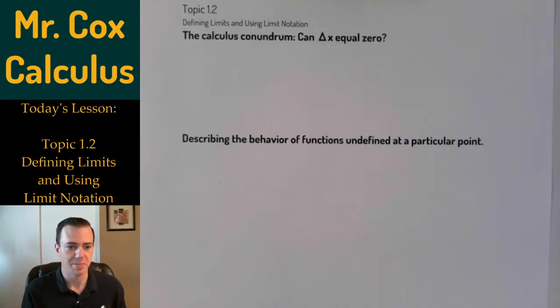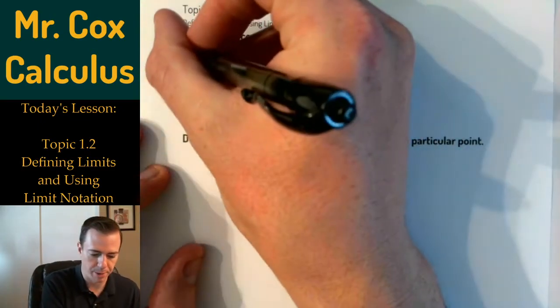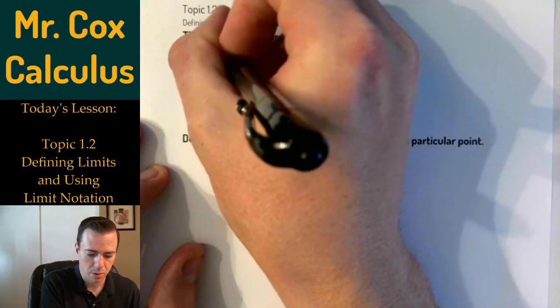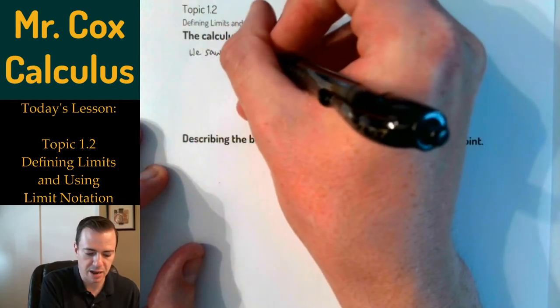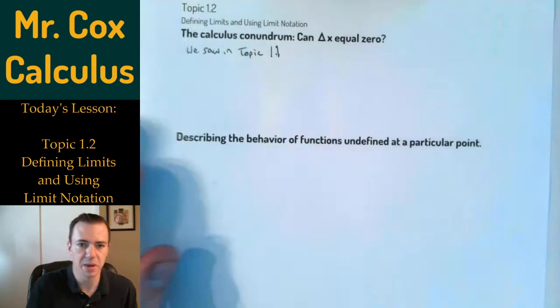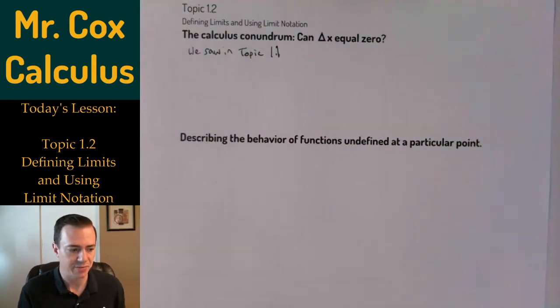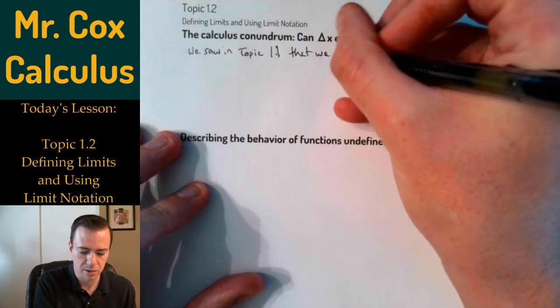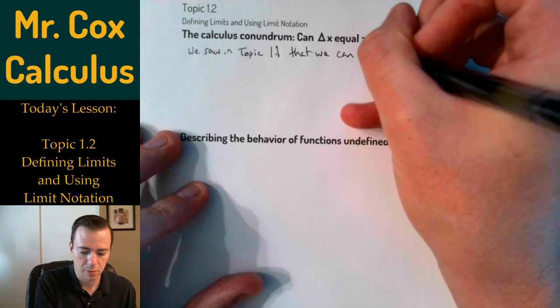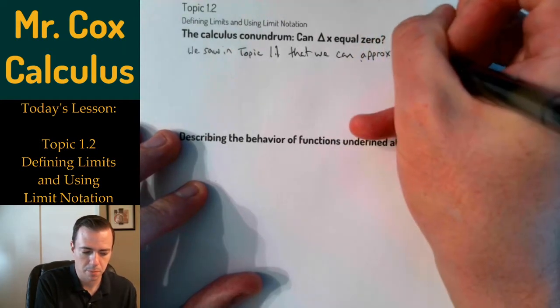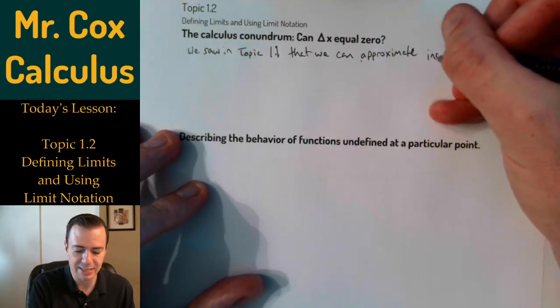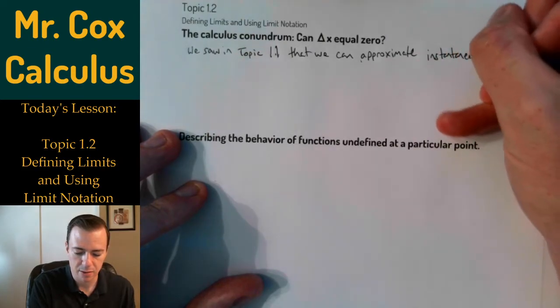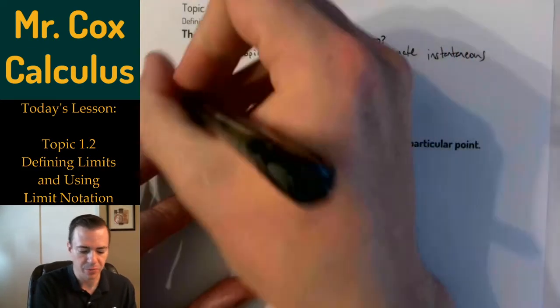So let's start talking about this idea of limits here using what I call the calculus conundrum. We saw in our previous topic, where we started talking about this idea of instantaneous rate of change, that we can approximate instantaneous, meaning at an exact moment, rate of change